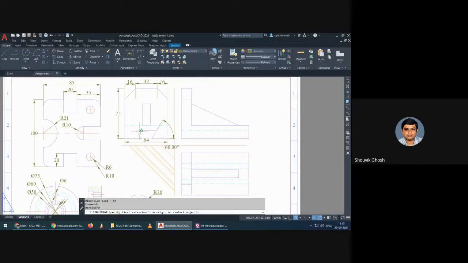Still, I'm placing it over there. This is supposed to be 40.